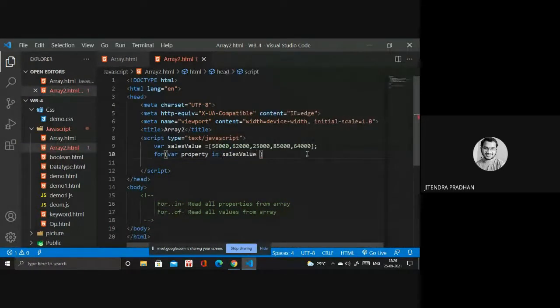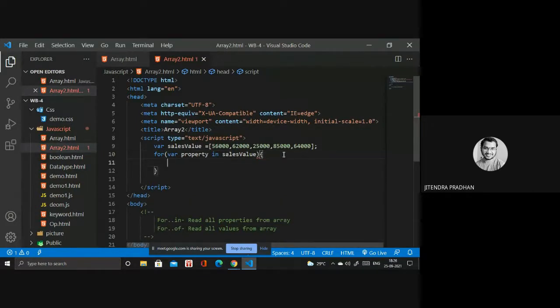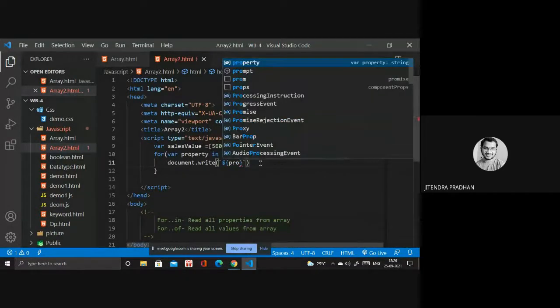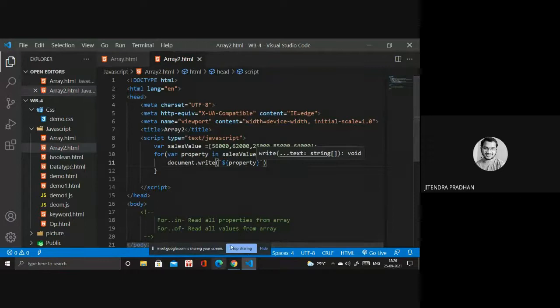Next we need to write document dot write to print. Next you have to access that particular tick, and we have to use that double, again, and property. Then if I open that one in live server, let's see what properties it will access.